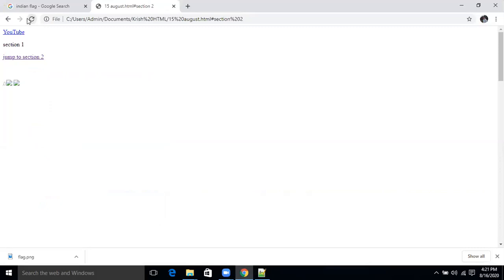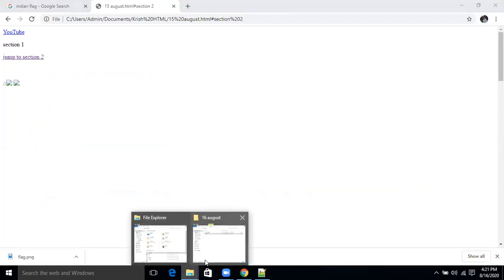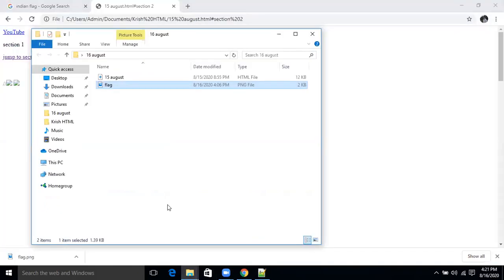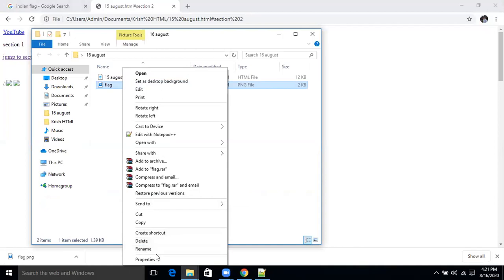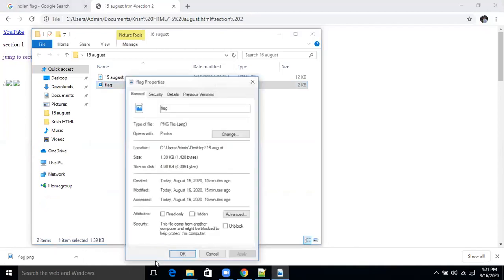Show me your image where you have saved it. Go to your folder first. PNG, right click, properties. It is only 2 KB. I think it's very small, that's why it's not showing up.